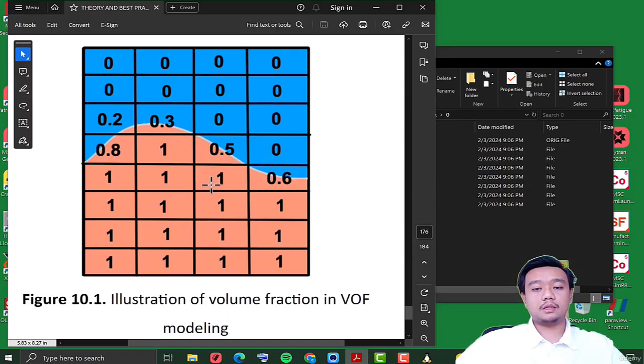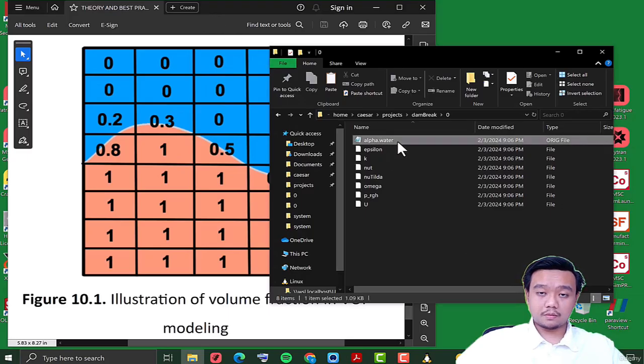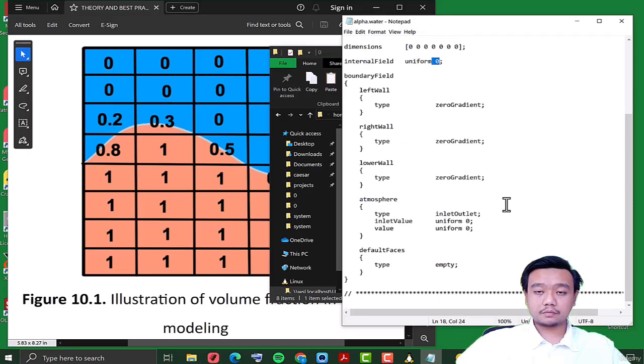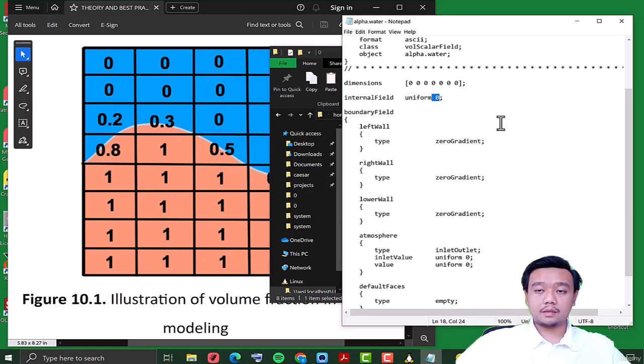But in this case, we use two extremely different density fluids, which are air with 1 kilogram per meter cube and water with 1000 kilogram per meter cube. So the values between 0 and 1 mean that it is the free surface of the water. So let's check what is inside this alpha water. We have the value of 0, meaning that in the beginning of the simulation we will use air everywhere,